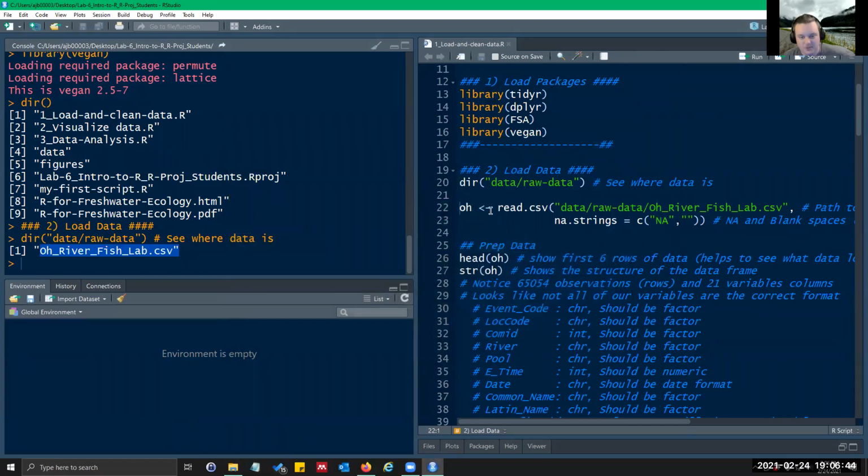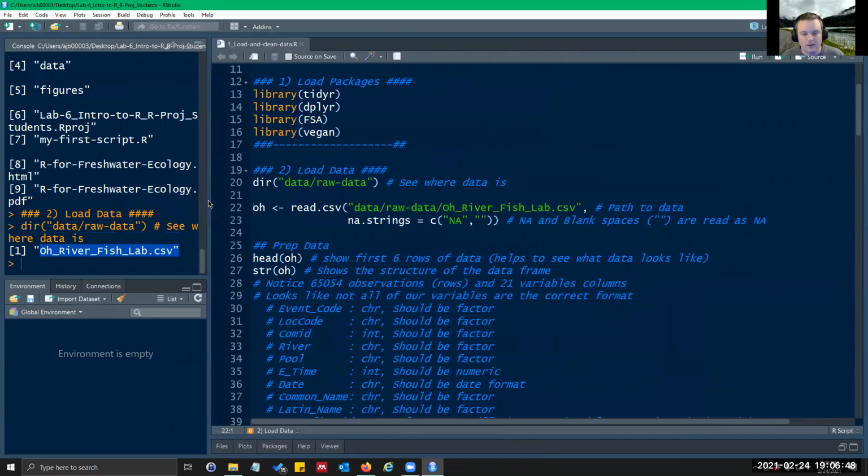So we're going to read our data in now. And so R is an object-oriented data system, which means we're creating objects. In this case, our object is Ohio. I could name this anything I want, DAT or whatever, but I named it Ohio, and I suggest you keep that because you'd have to change it everywhere I use that object.